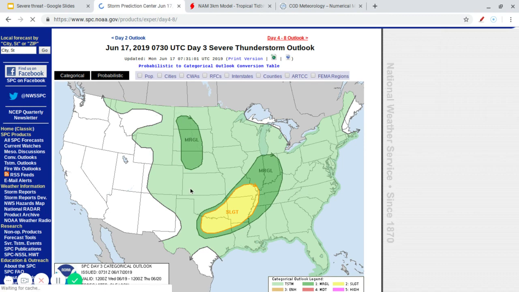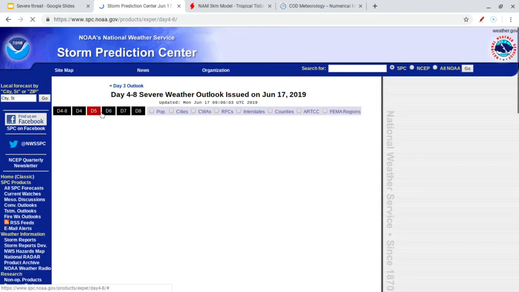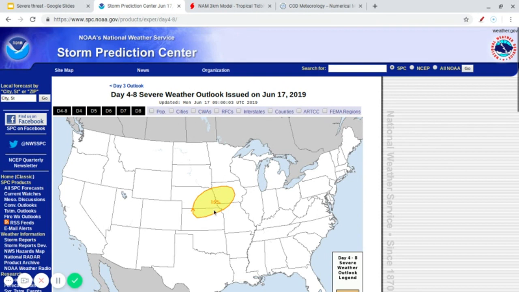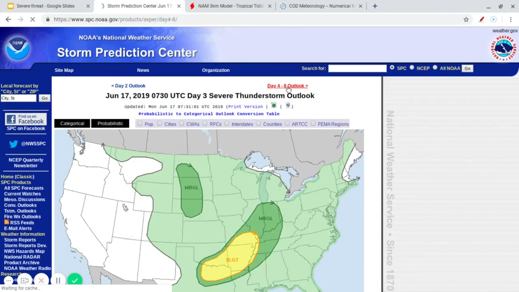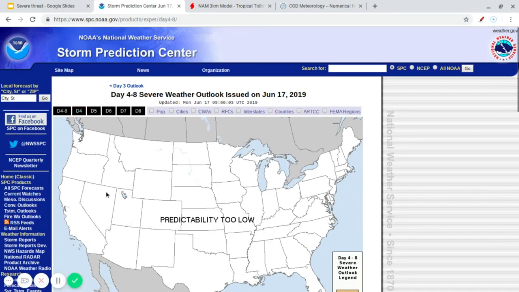We also have I think a day 5 to look at. Yeah, we have a day 5 here in Iowa, Missouri, Nebraska, and Kansas. We have a day 5 outlook. So I will probably do a severe outlook tomorrow afternoon for Wednesday, and a severe outlook tomorrow afternoon for, this is Friday, because it's not looking that convincing on, when is it? Oh, this is Wednesday. This is Thursday. And I don't think Thursday I need to do one.